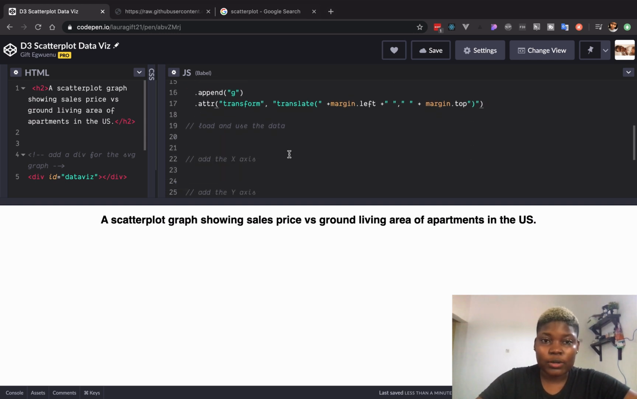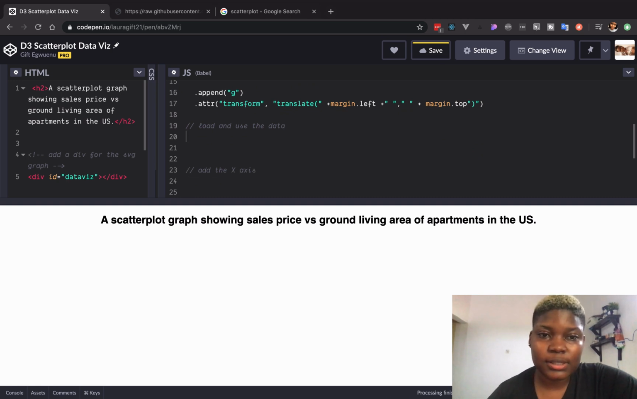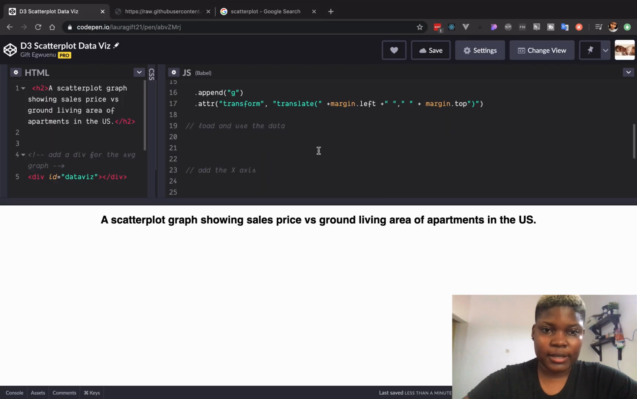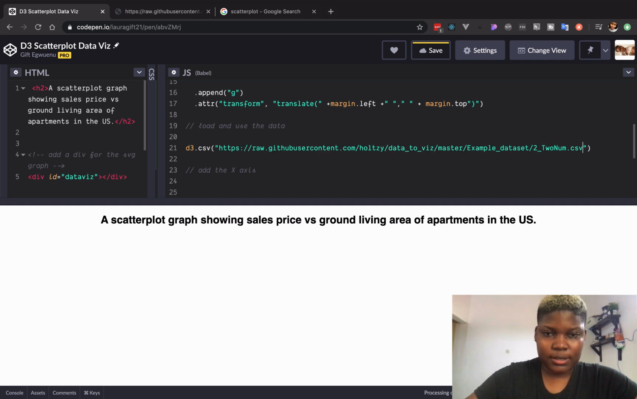So the next step now is to load and use our data, and I'll be using what D3 calls the CSV plugin library, d3.csv, and this can easily load a CSV file, either it's local or it's on a remote server. Because this is already hosted on GitHub, I'm just going to copy that link, and here I'll say d3.csv, the link. So this will download the CSV file,